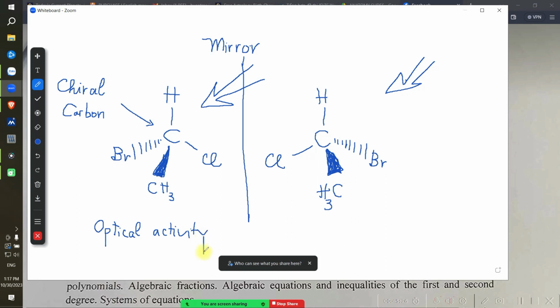They will result in different optical activity. And based on this one, you can know which one is the left, which one is the right side, right hand isomerism. Okay. One is levo, and one is